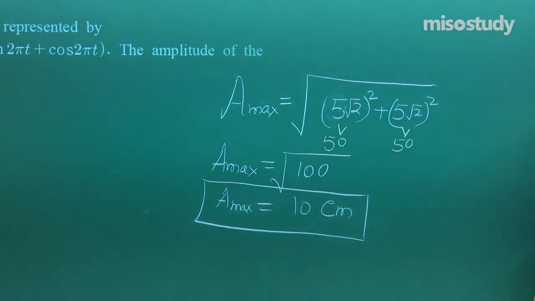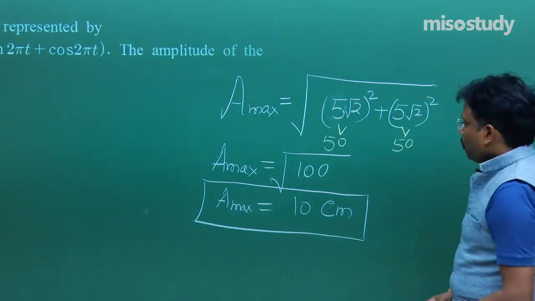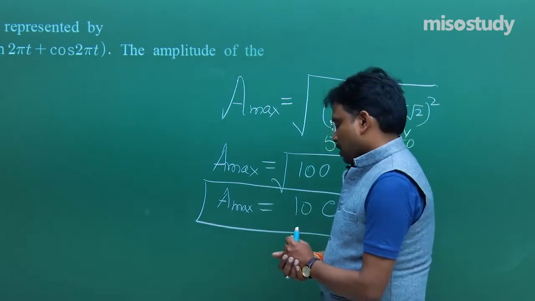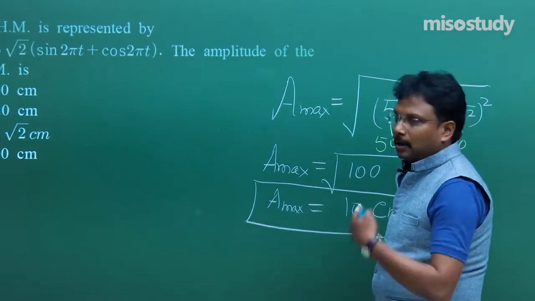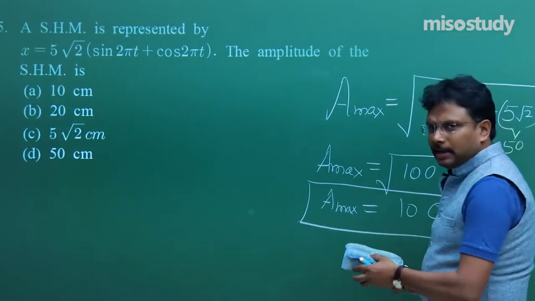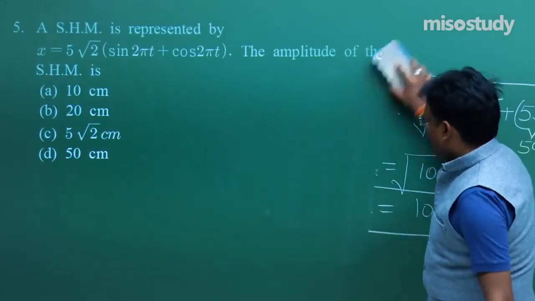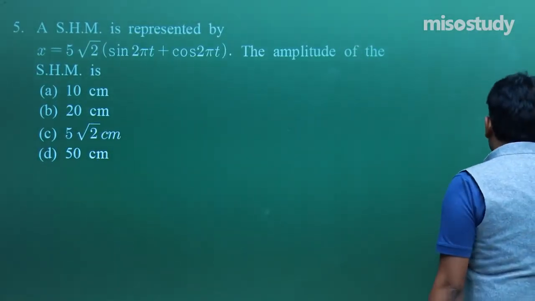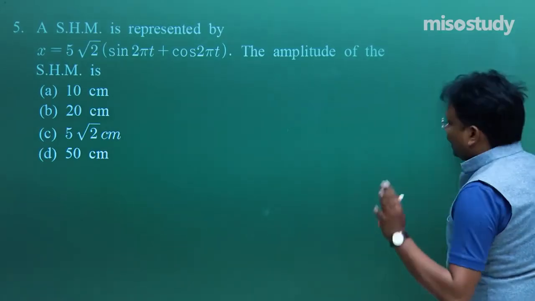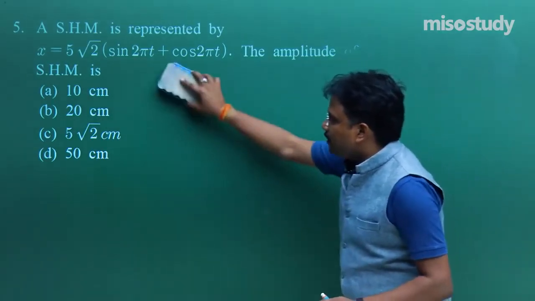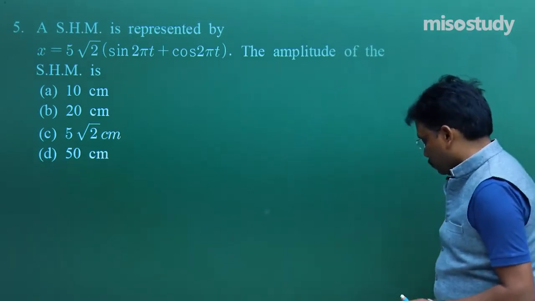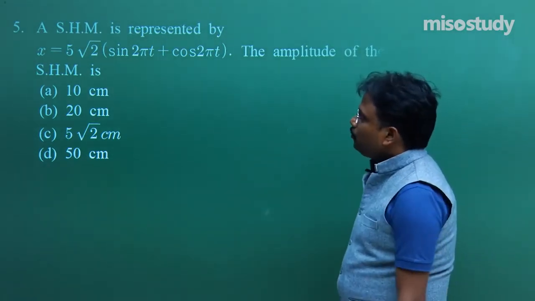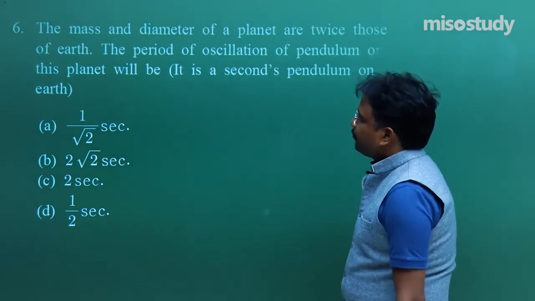I'll come back. So students, now it was question number 5. I think now we should move to other questions, 6, 7, 8, 9, 10 onwards. I hope you are enjoying these discussions because I am using very simple mathematics over here, and that too I am explaining each and every associated term. Fine. So now let's move to the next problem.